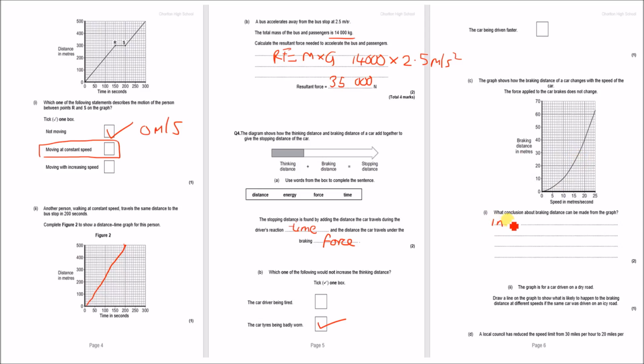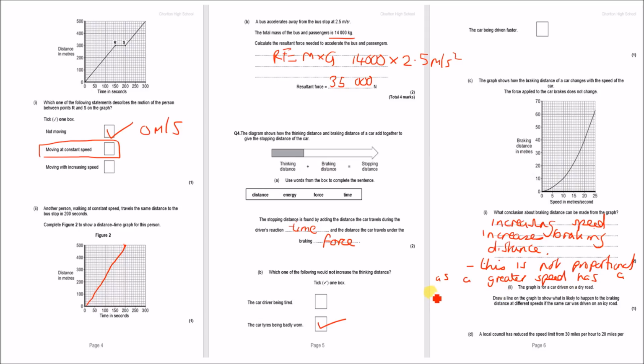Okay? So increasing speed increases braking distance, okay, and this is not proportional as a greater speed has a larger effect on braking